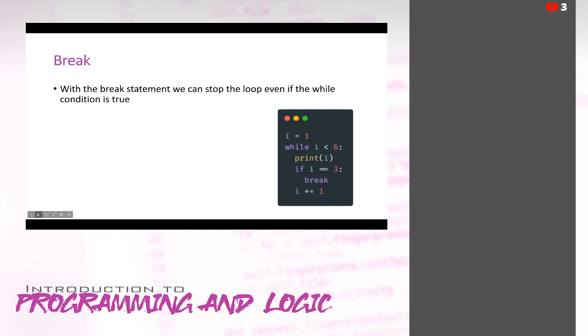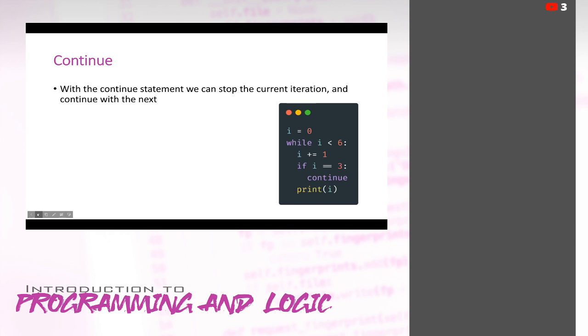In a similar way to break, we also have continue. With the continue statement, we can stop the current iteration and continue with the next. So just quickly in the example here, based on where our print statement is, we can go over this really quickly. We're starting out with I equals 0 this time.